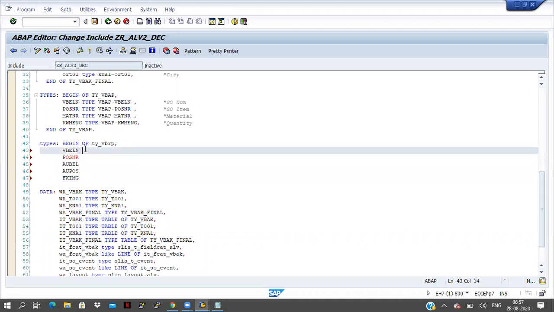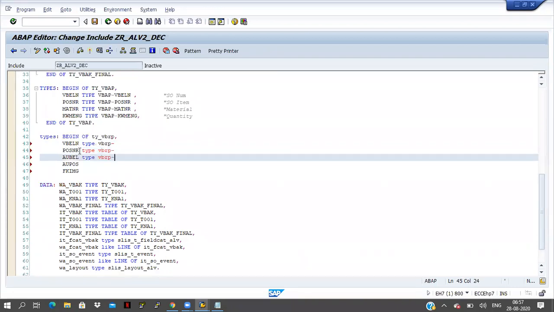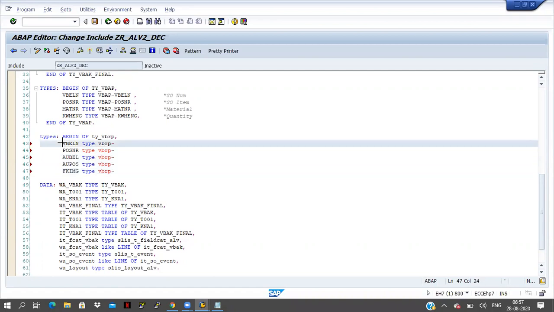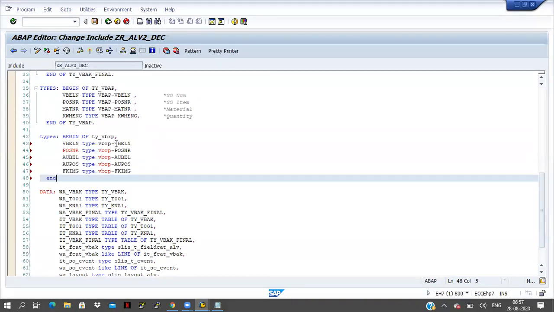And here, type VBRP-, I will copy this one and paste it on the next line also. I'm copying the field names and pasting them here. End of TY_VBRP. Okay, I will keep commas here.